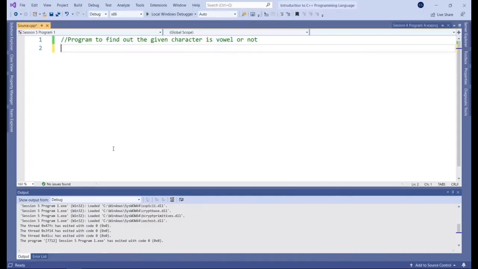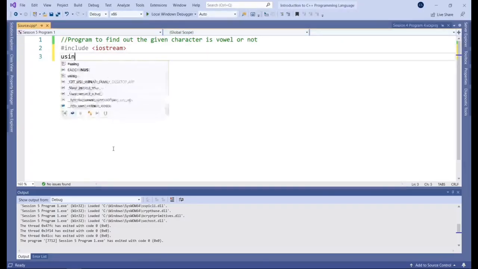Okay, so first things first, we have to start thinking about which preprocessors we need to use, which modules we need to include, and that would be the iostream. So include iostream. That's because we're dealing with input and output. So the input coming in from the user, and then the output coming out in the form of a console message. Okay, so next thing is the namespace.